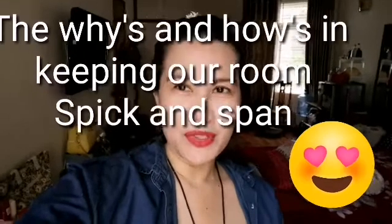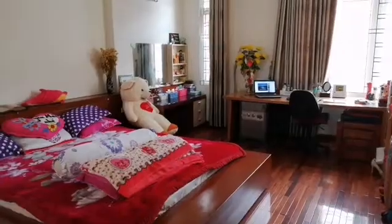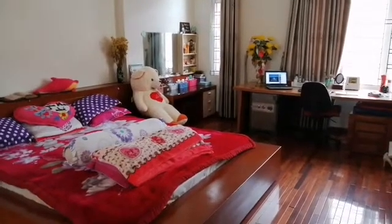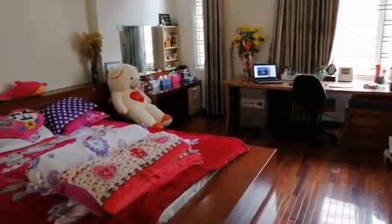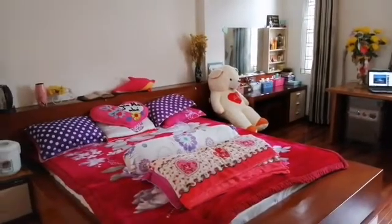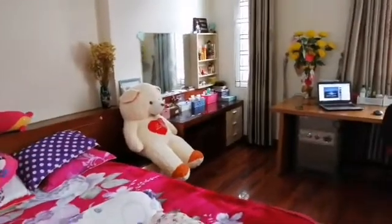I just want to share with you guys how to organize our this and that, and what are the things that we should do to have a very neat and orderly room. These are very simple things but sometimes nakakalimutan po natin gawin, 'di ba? As you know guys, our room is our haven. And the second reason is that it feels good when you enter your room and it's well organized, maliwalas, malinis,